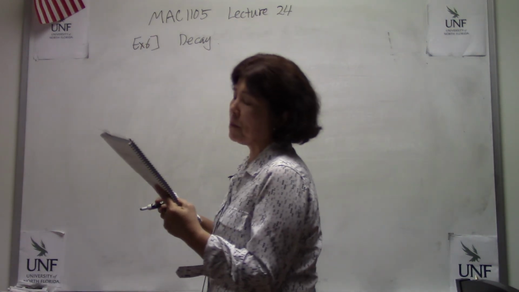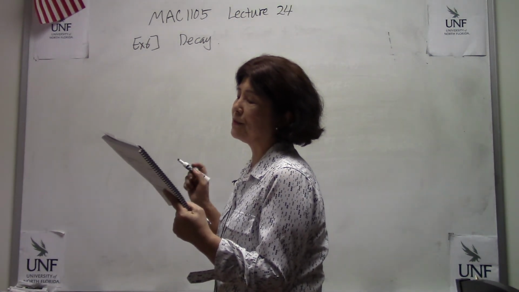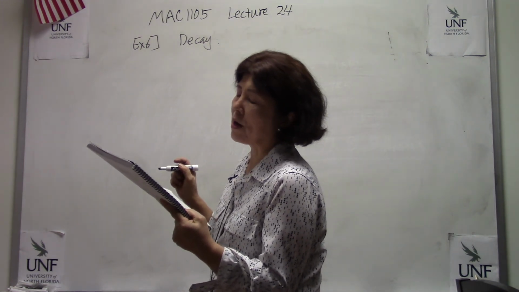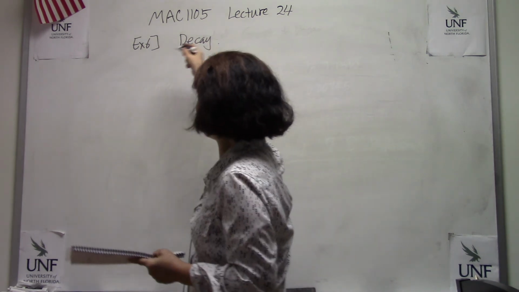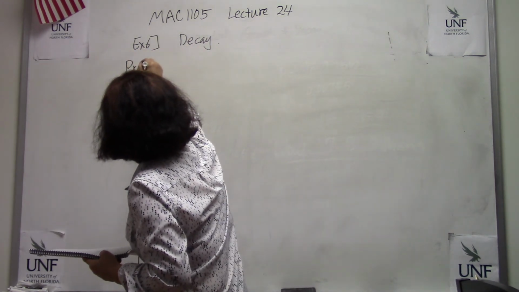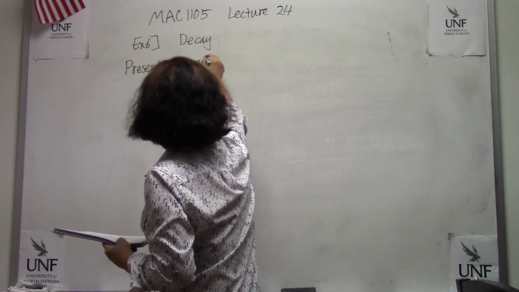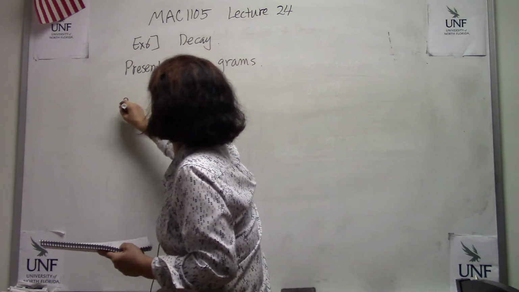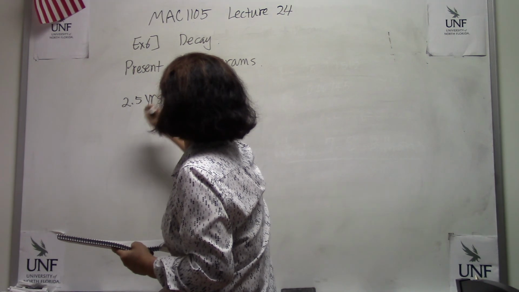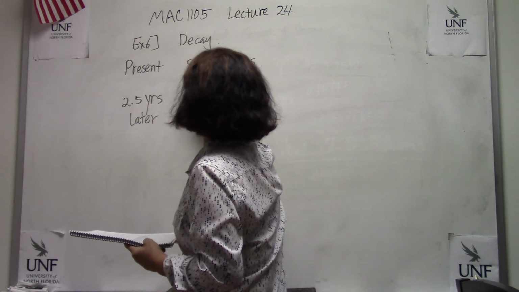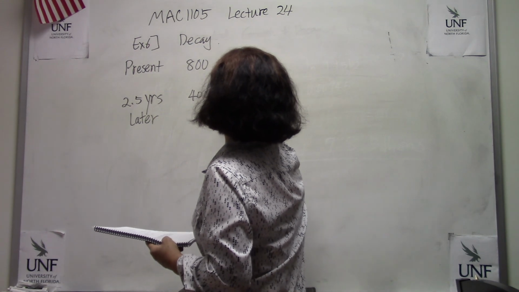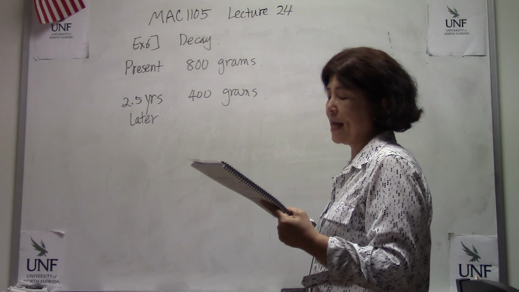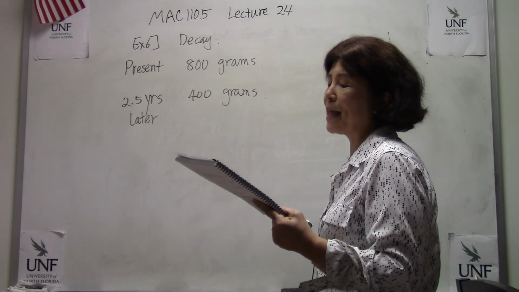Suppose 800 grams of radioactive substance are present initially, and 2.5 years later, only 400 grams remain. So let's summarize this. Present time was 800 grams of this radioactive substance. 2.5 years later, how many grams? 400 grams are left. Determine the exponential equation that models this